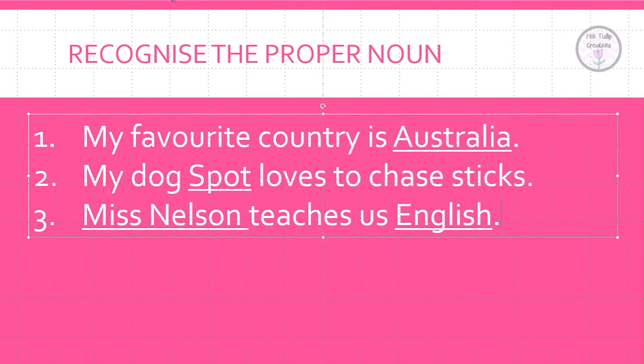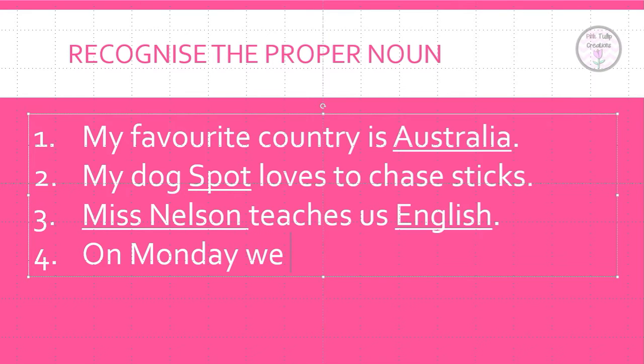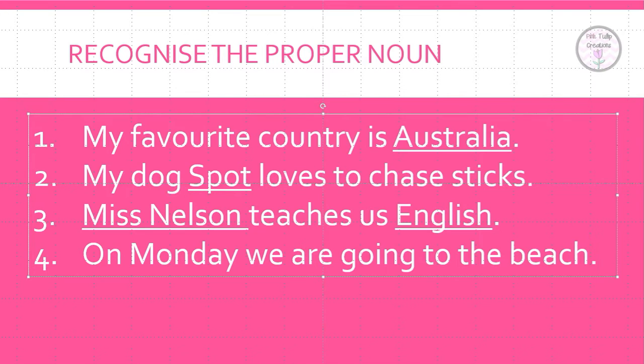Let's try one more and then we're going to move on to using the proper nouns in a sentence. Okay. So, have a look for the proper noun in this sentence. On Monday, we are going to the beach. Okay, I'm going to give you 5 seconds to either write down the proper noun or tell your partner what the proper noun is. 5, 4,